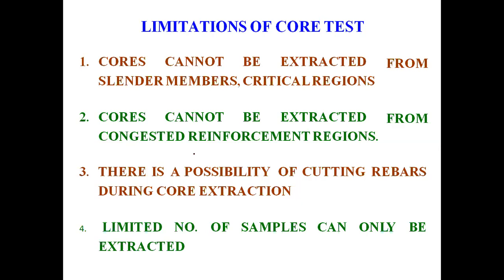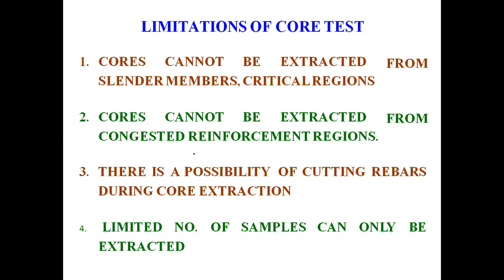Why? Because you are disturbing the column rigidity within the effective length of the column, right? So when you make a hole in the column, what happens? That hole may create a hinge in the column, which allows rotation at that particular point. In that way, you have to avoid taking core samples from slender members of any structure. Even if your wall is very thin, definitely you have to avoid taking core samples from it.